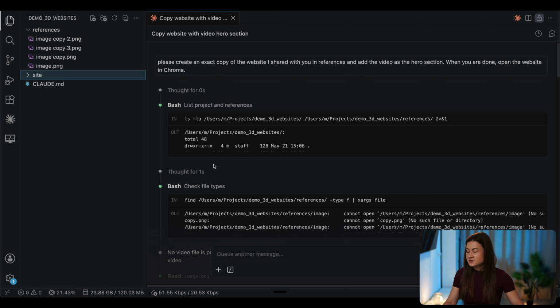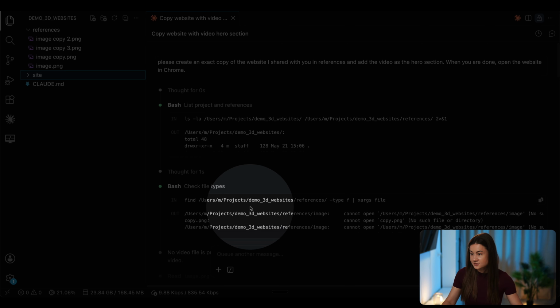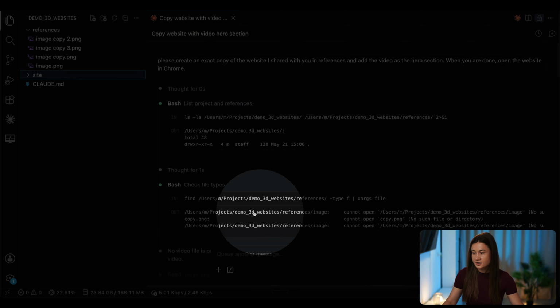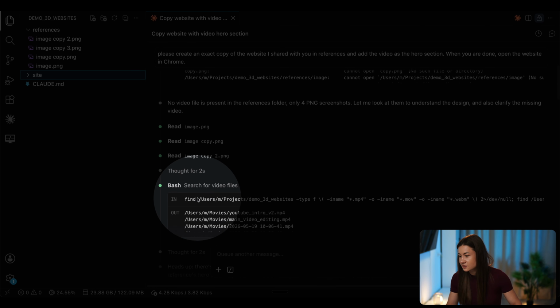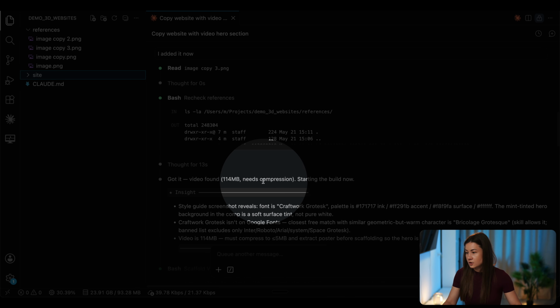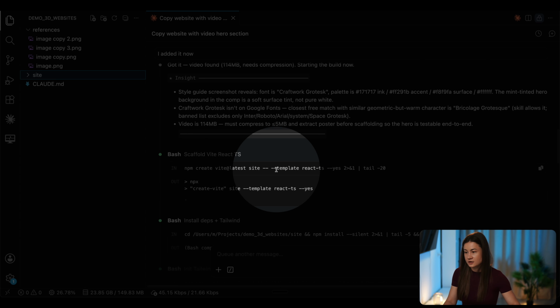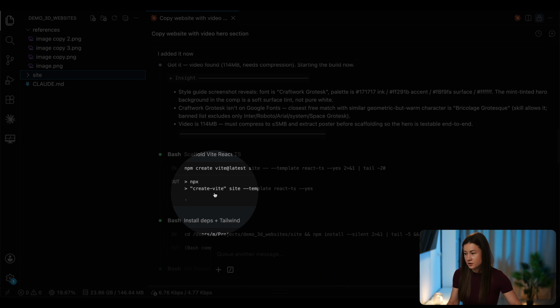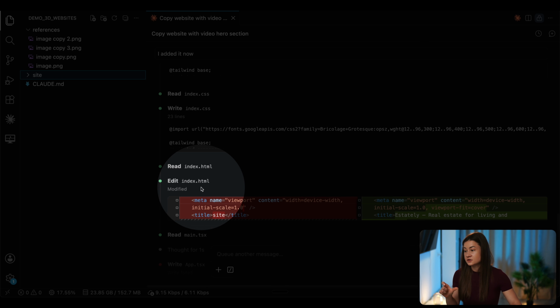So now Claude is going to use its tools and start building. As the first step, it's going to read each and every image from the upload that we have here from References. So it's going to understand what type of website we want to build. If the video is too large, it's going to compress it down so that our website will be fast whenever we load it. And it's going to start building the index HTML,